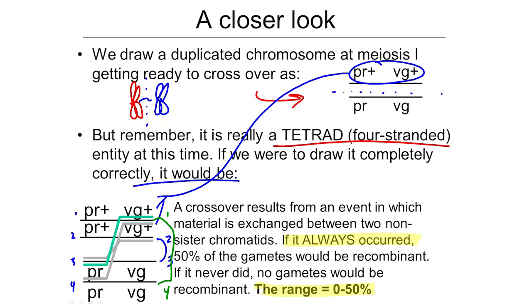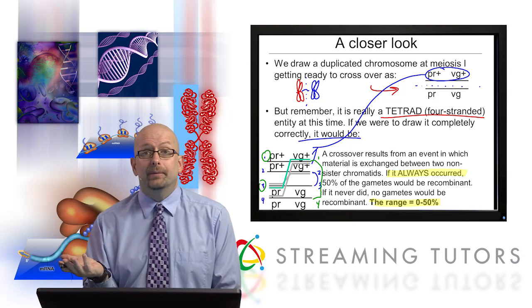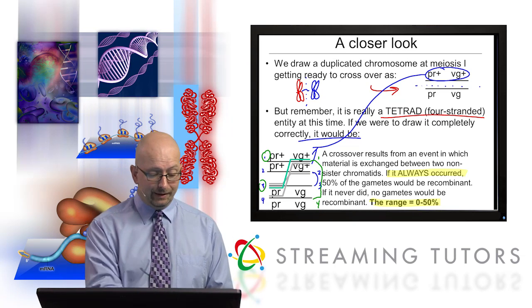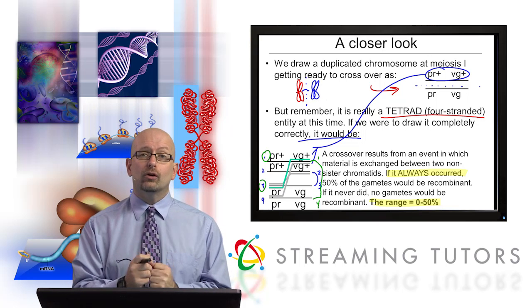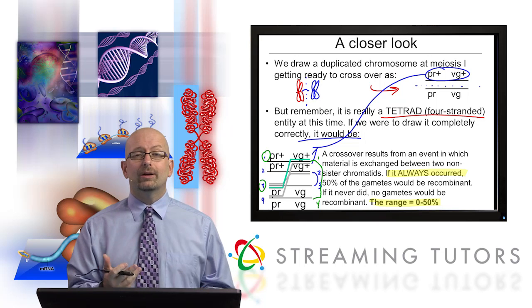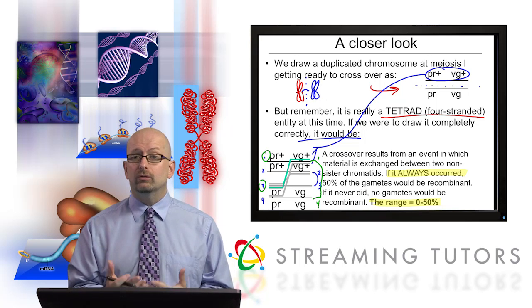Here's another possibility. The bottom line is any two non-sister chromatids can engage in this crossover. But if they are, the other two probably are not. So now we have number 3 and number 1 engaging in a crossover. Okay, but then 2 and 4 are being left alone. So if a single crossover occurs 100% of the time between any two non-sister chromatids in a given meiosis, you're always going to get